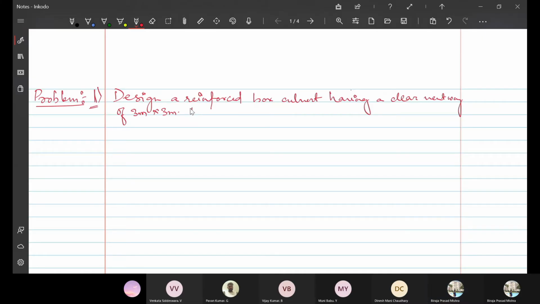Here the superimposed dead load is given as